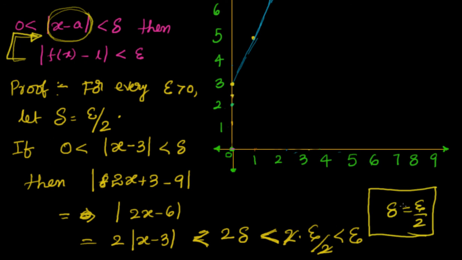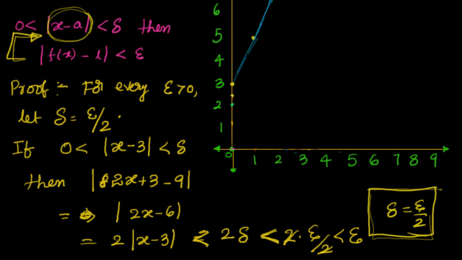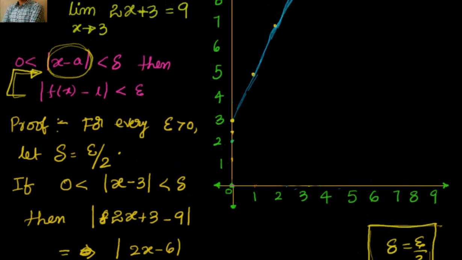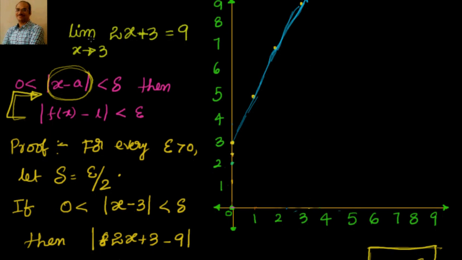But if you remember, the key is to get the relation between delta and epsilon. You have to select the relation in such a way that for the values of x between 3 minus delta and 3 plus delta, f of x will be between L minus epsilon and L plus epsilon. So that is how we have to prove it. I will repeat here how we have done. We have been asked to say the limit of 2x plus 3 as x tends to 3 equals 9.